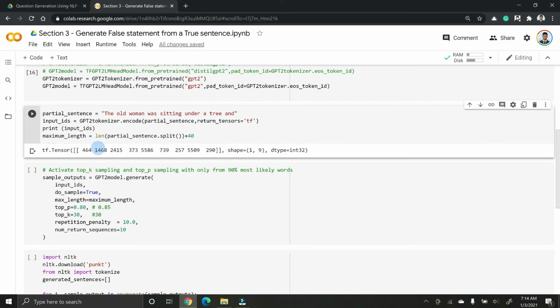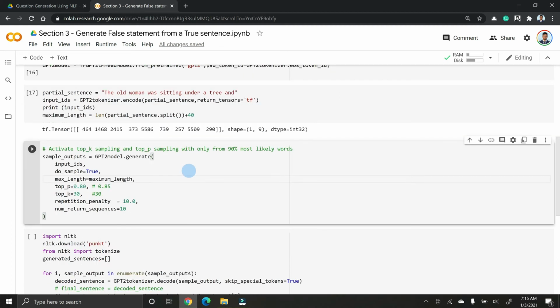So if you see the output, each of the words refers to a fixed token in the GPT-2 vocabulary when it is trained. Sometimes one word could be split into multiple tokens as well. So all we are doing here is taking this sentence and giving it to our GPT-2 tokenizer. So the tokenizer internally converts it into a vector of fixed vocabulary.